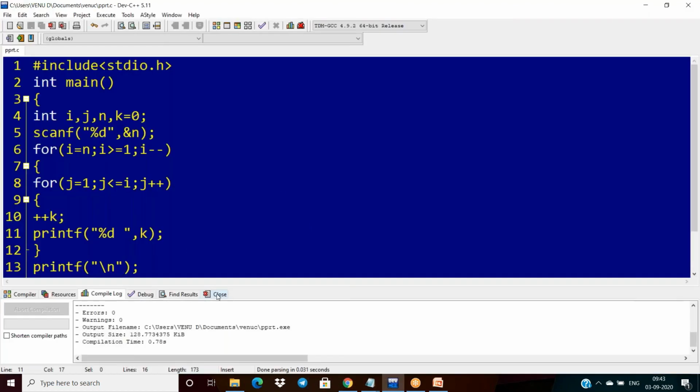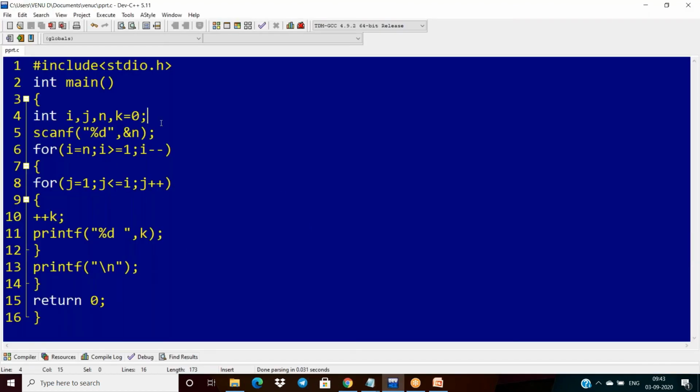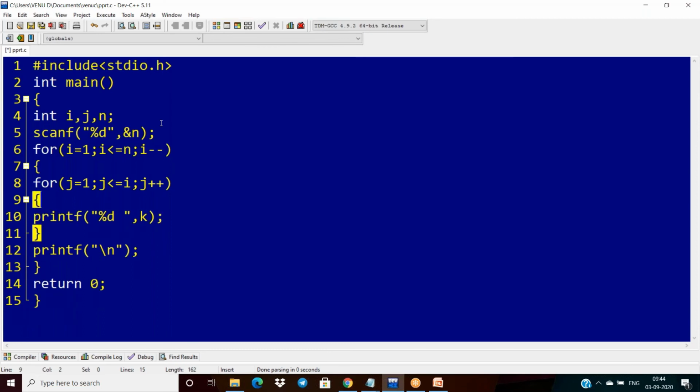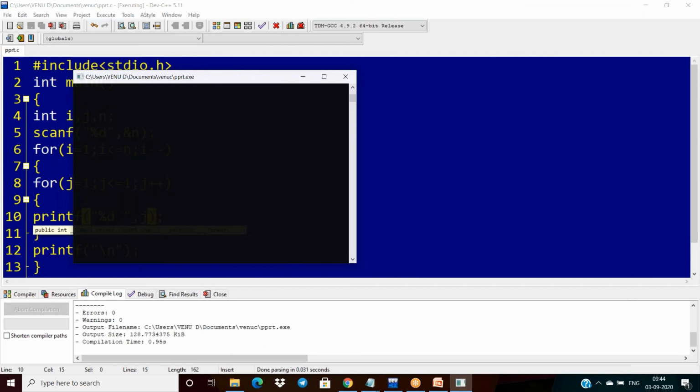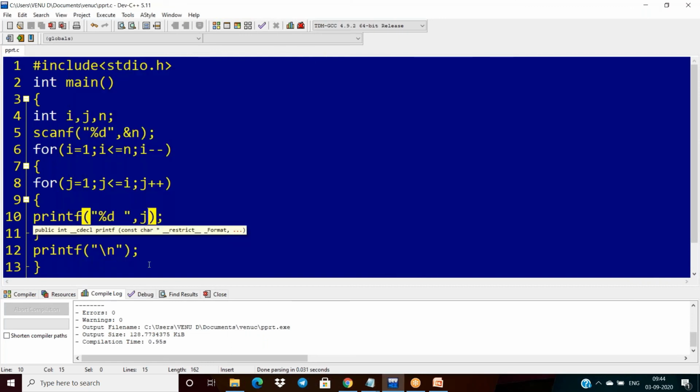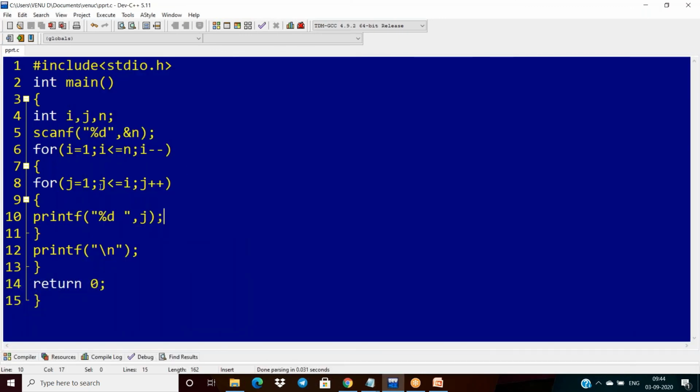Then how to write? For that, again I am removing this here. I am taking i equal to 1, i less than or equal to n, and I am printing j here. This is the first one. That means first time we are getting only one value, second time two.